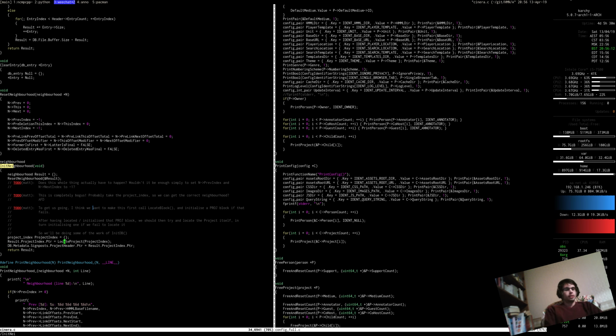So that's the next thing we need to do. We need to initialize the project in a DB, and I think probably what we're going to do is we might just start off by cheating and saying that we're only going to initialize the project that we've actually been given. We're only going to initialize the current project, and as we're only going to have one in it, the project